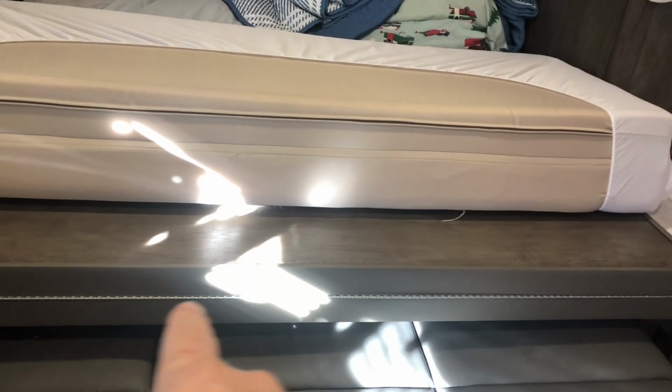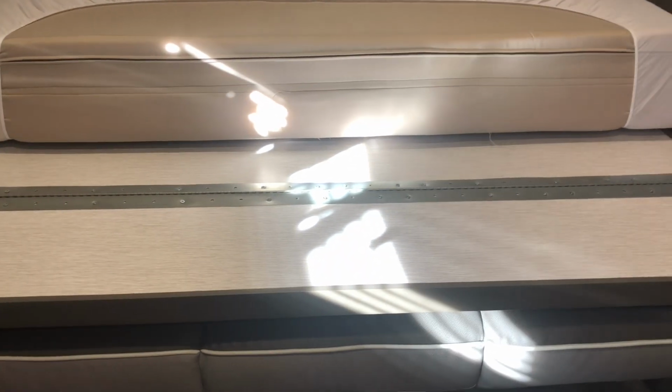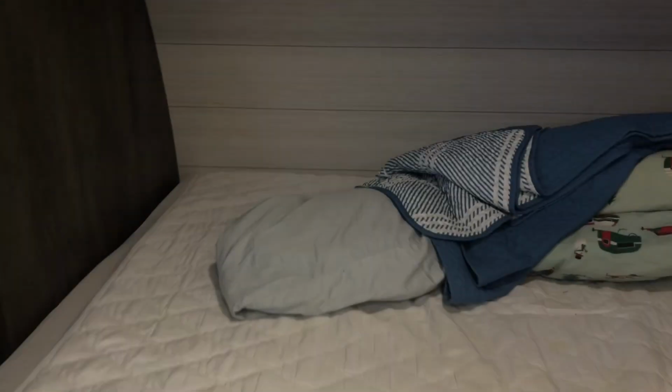Right here, you see a piano hinge. So you unfold this, and that flips down. So you have to be careful. If you put too much weight on this part here, you're going to break that piano hinge type thing. Then you flip the mattress down,